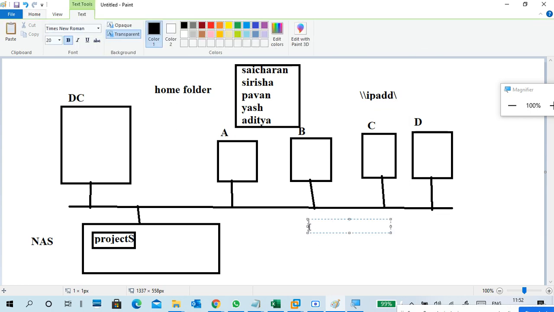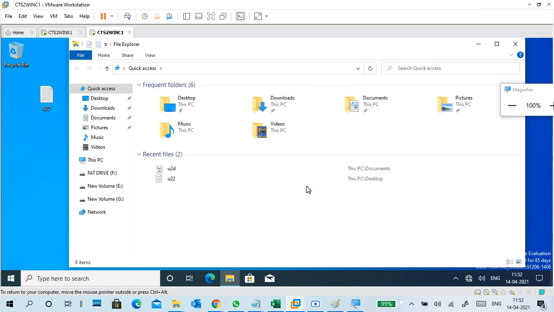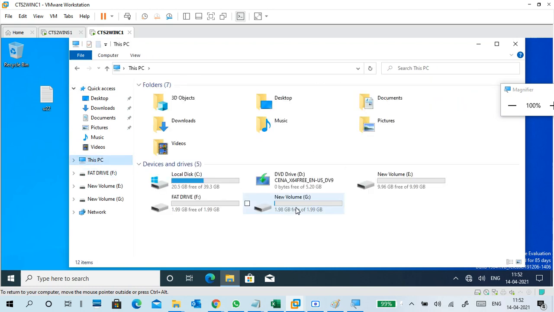The question is how to access, you have to tell the user. But if a non-IT user is there, non-IT users won't worry about that. Non-IT people don't go with this sharing and accessing. They need a folder, and they will access it. Like last time I explained, map network drive, right? Like if you go to the C drive, D drive, same. You can go to the C drive, D drive here.